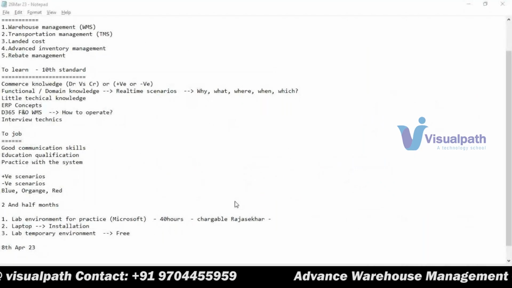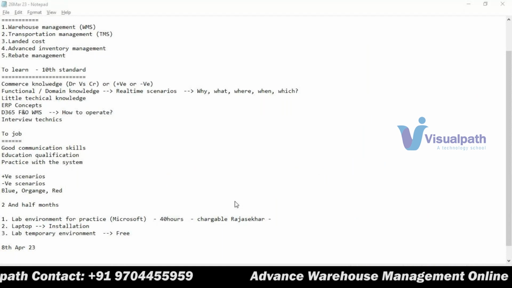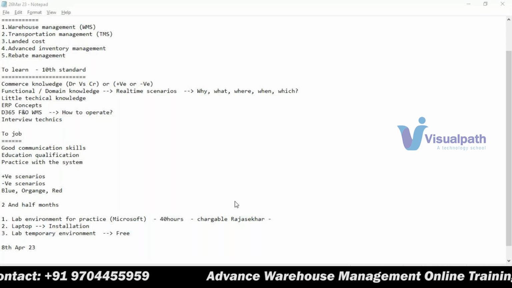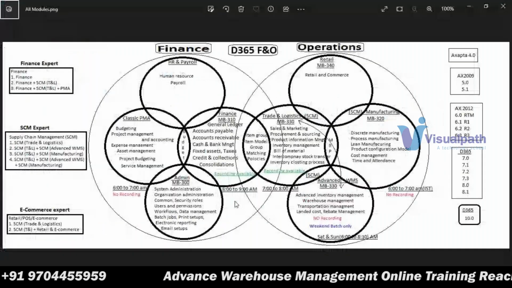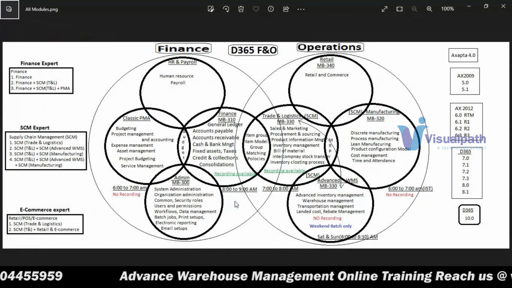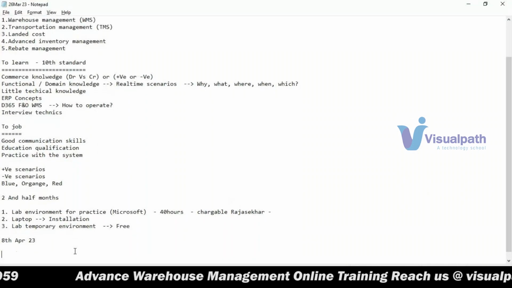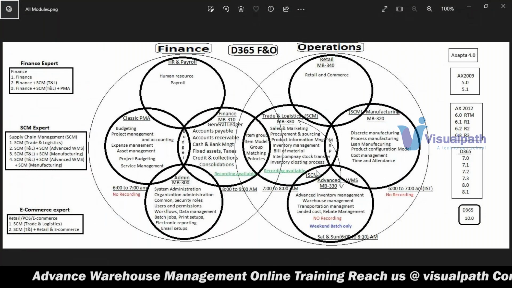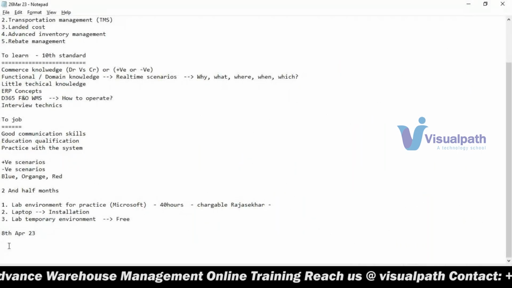Any questions? Gopal Krishna, do you want to speak anything, please? Yes, sir. As you know, currently I'm working in a warehouse. It is an engineering store. I'm very curious what advanced warehouse management skills you are providing for us. What is the difference between logistics and this one? That is the main understanding. Am I right? Yes, sir. In the advanced warehouse management,